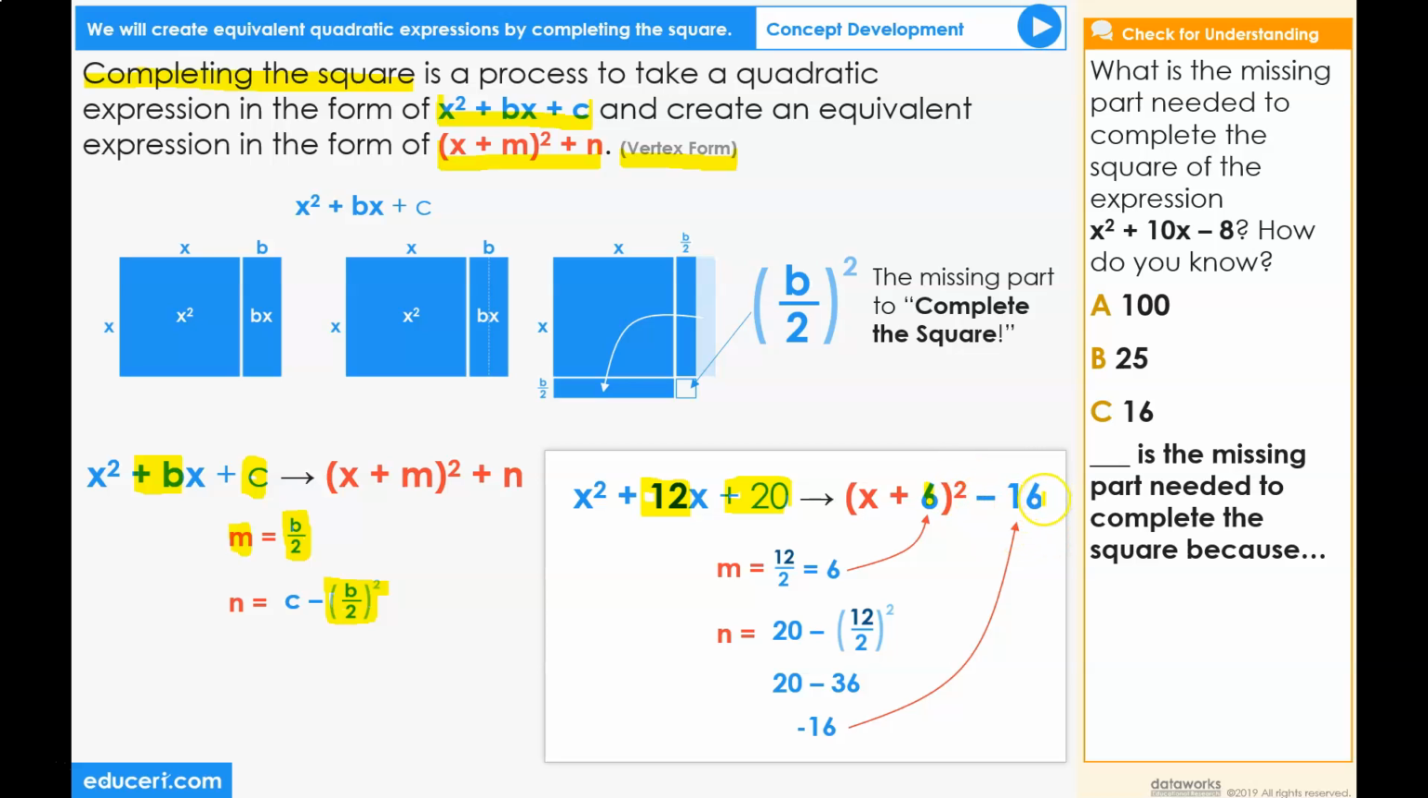Let's check for understanding. What is the missing part needed to complete the square of the expression x squared plus 10x minus 8? How do you know? Use this information, remembering that b represents the value of the coefficient of x. A, 100. B, 25. C, 16. Blank is the missing part needed to complete the square because